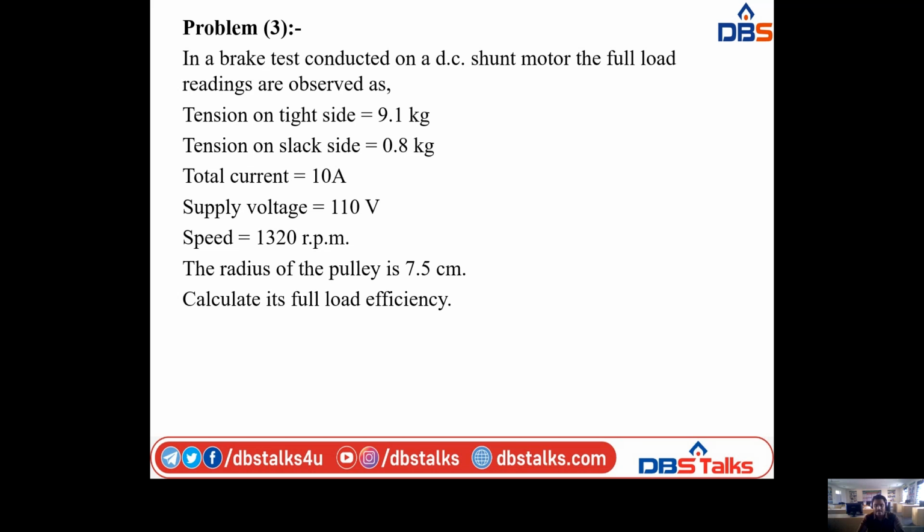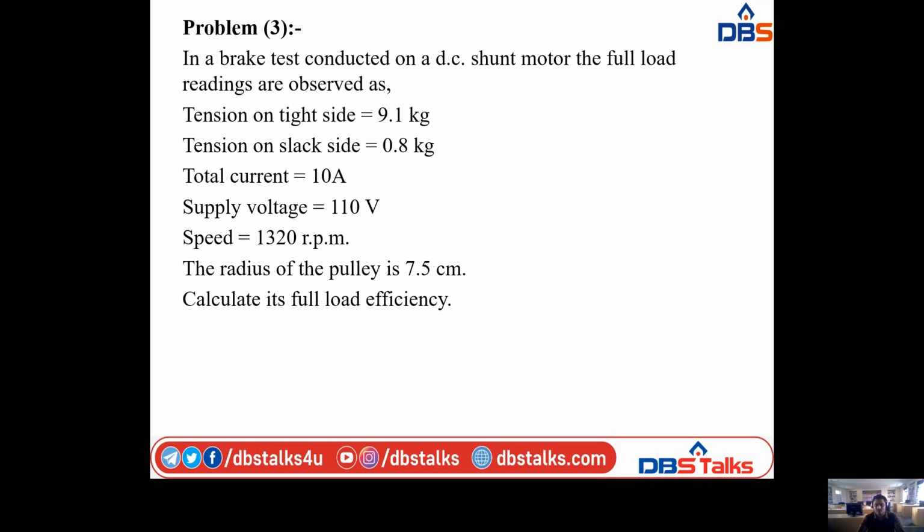169.21 watts. And coming to shunt copper loss, you know the formula, that is ISH square RSH. We already calculated the ISH value, that is 1.25. Substitute here, so 1.25 whole square into RSH value they already given, that is 200 ohms. Finally we have the shunt field copper loss, that is equal to 312.5 watts, and finally we have to calculate